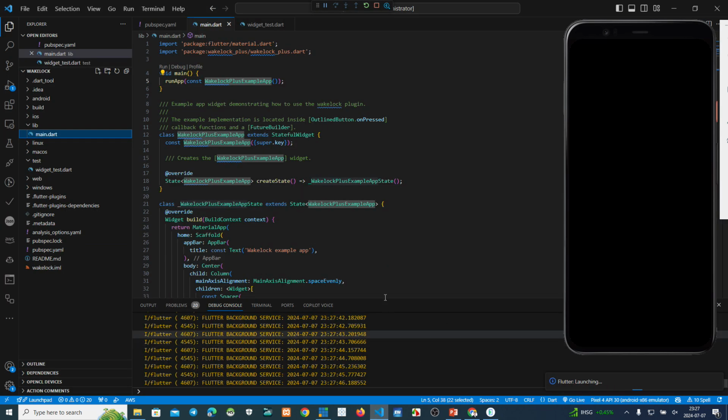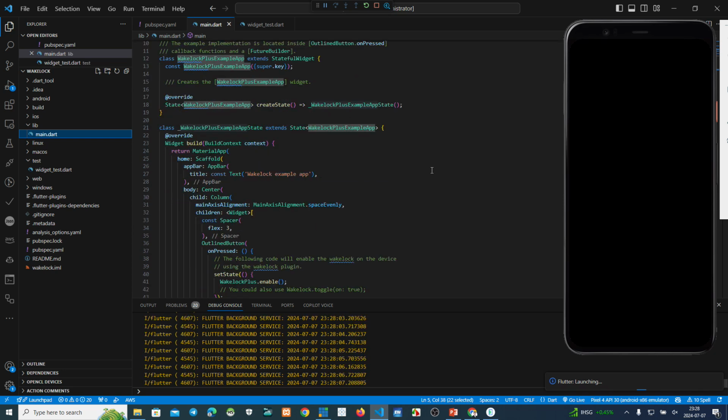Maybe a few seconds, this running will finish. We can see the result if there is something wrong, and after that we can integrate this Wakelock Plus project into our project.